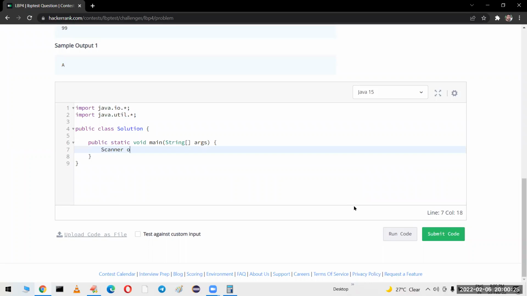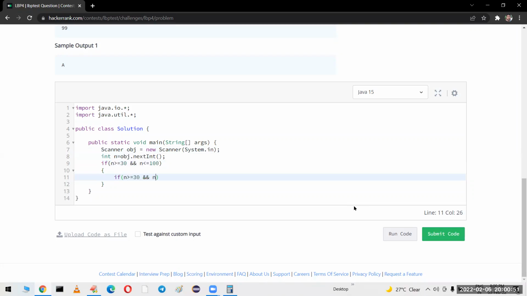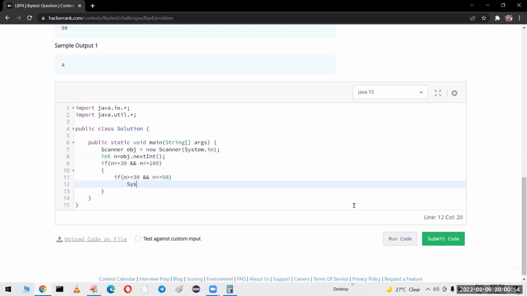Scanner obj is equal to new Scanner, where System.in I am taking. Then integer n is equal to obj.nextInt. If the n value is greater than or equal to 30 and less than or equal to 100, then you have to do some activity in that. If n is greater than or equal to 30 and less than or equal to 50, you have to print the message System.out.println of